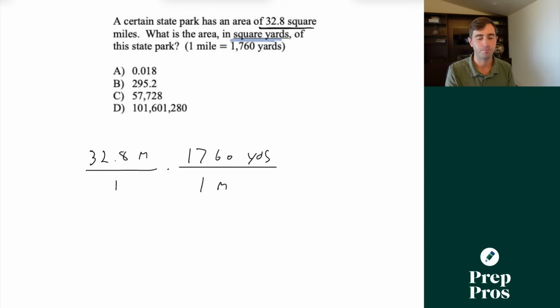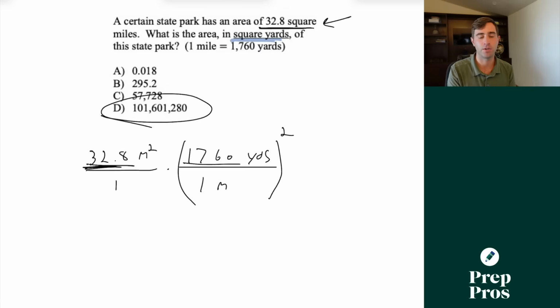1 mile. Now, the important part to take note of is if you see squared units or cubed units, you're going to need to square or cube your conversion factor. So how we really want to write this is 32.8 miles squared, because once we do that, that's going to let you understand that you need to square this entire conversion factor, because we're going to end up with yards squared over miles squared, and those will properly cancel. So all we're really doing here is 32.8 times 1,760 squared, and that will give us our correct answer of